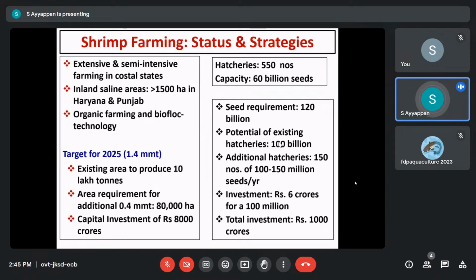And when it comes to strategies, I just mentioned about it. I won't go into these details. The requirements of the seed, and then what are the hatcheries doing? How much more investments are required? For example, a projection of 1,000 crore more rupees for shrimp farming in terms of seed